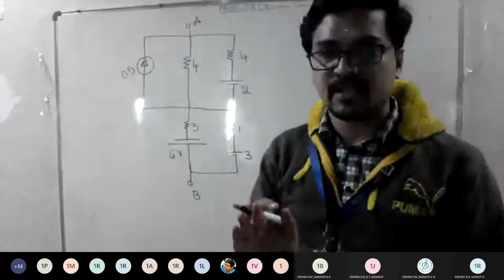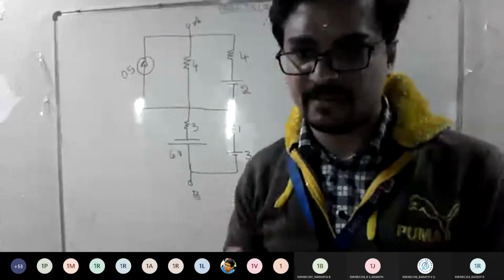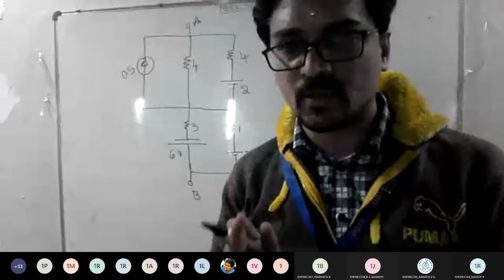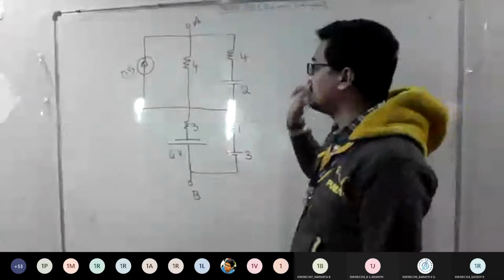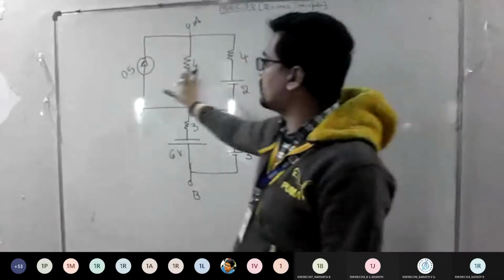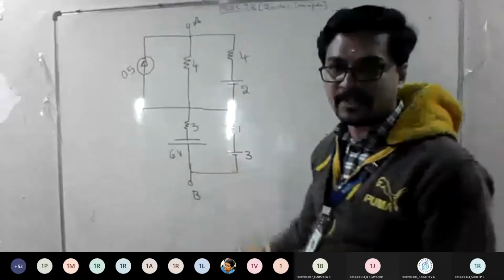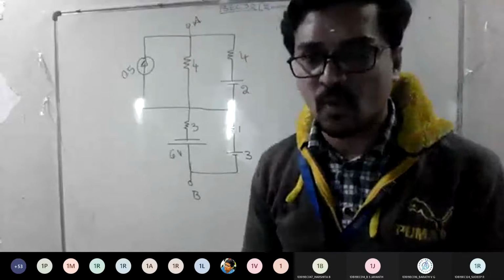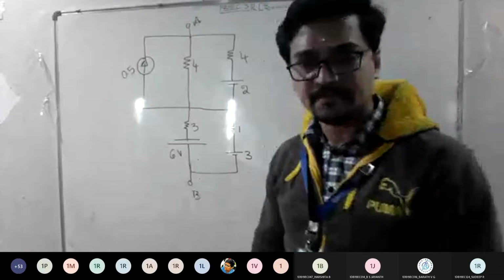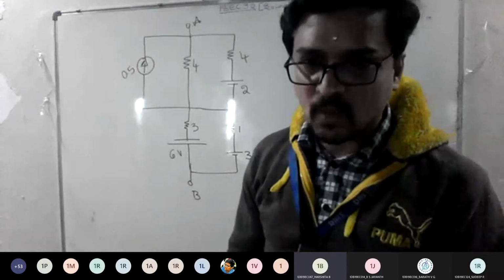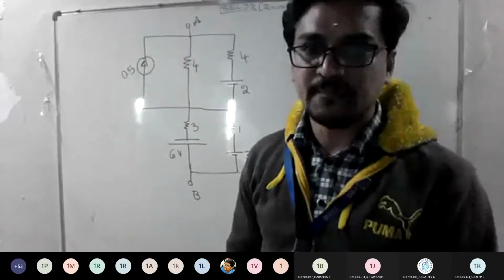See, you should have a logic: when current sources are in parallel, I can add them. Similarly, when voltage sources are in series, I can add them. Look at the question carefully. This is one voltage source and this is one practical current source. Similarly, you have two practical voltage sources in parallel. So what is the logic now? You can't add voltage sources in parallel. Can you add the voltages in parallel? No, sir. So what can be done?